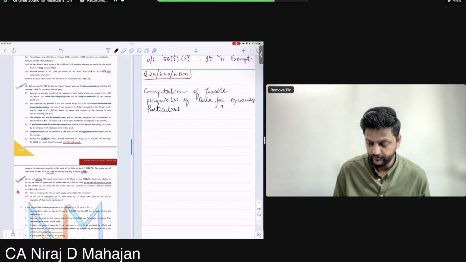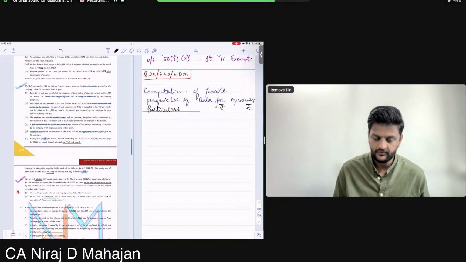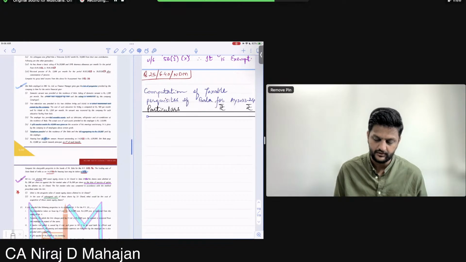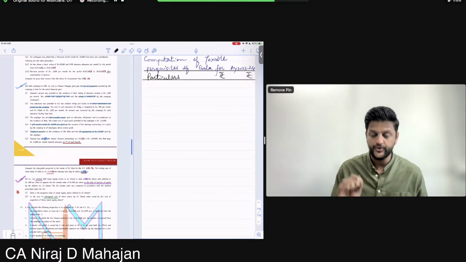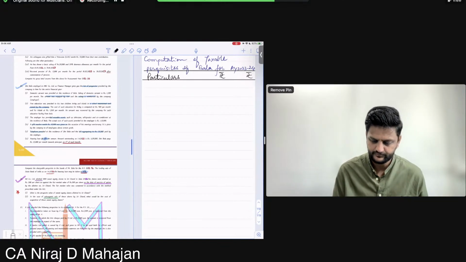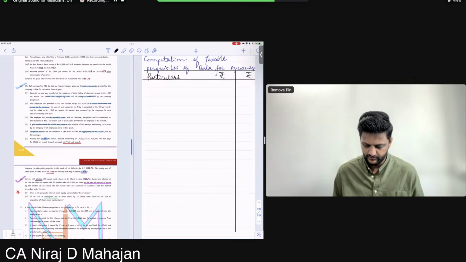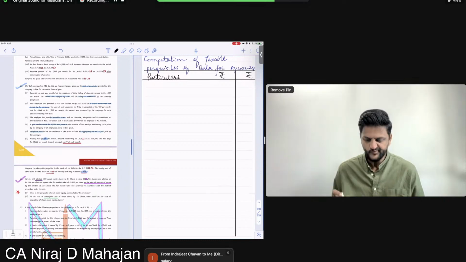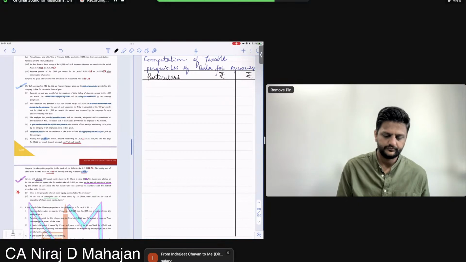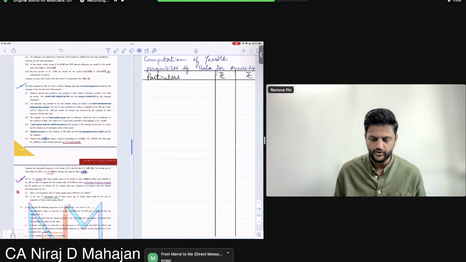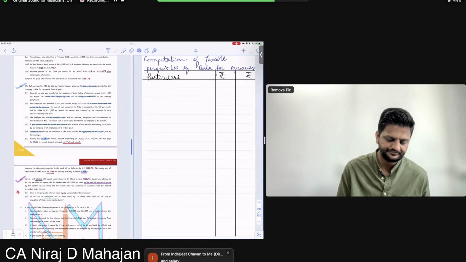One small homework for you. If you have any senior friends who are in Inter or giving exams right now, just ask them which head of income is tough for them. Chalega, that much can you do? Obviously, the answer is subjective. Subjective means it depends from student to student, but let us see.